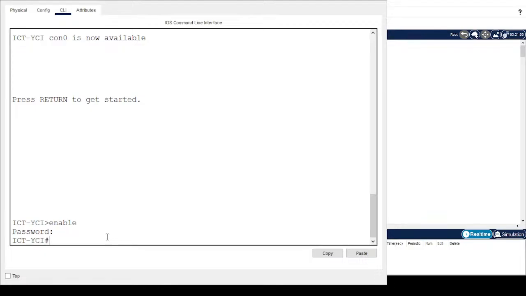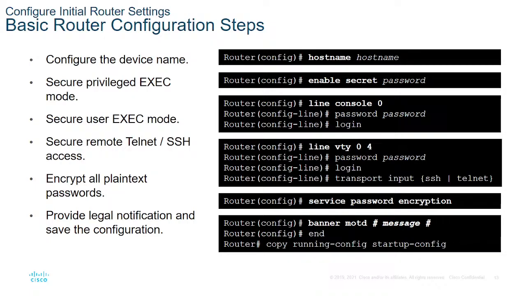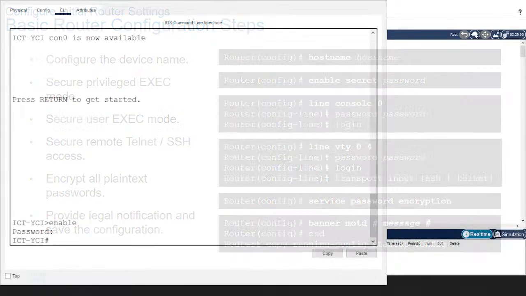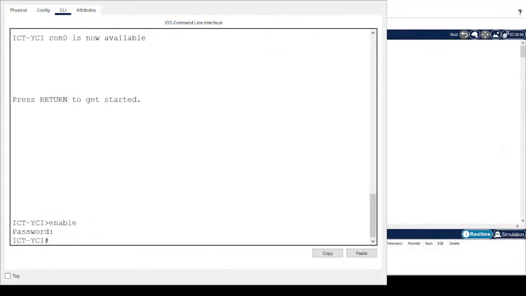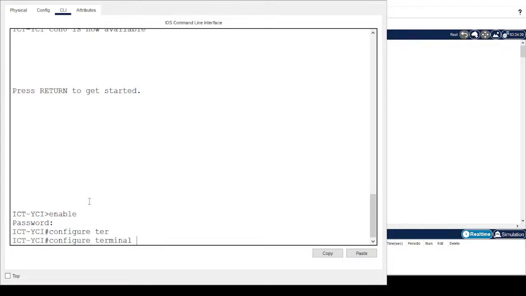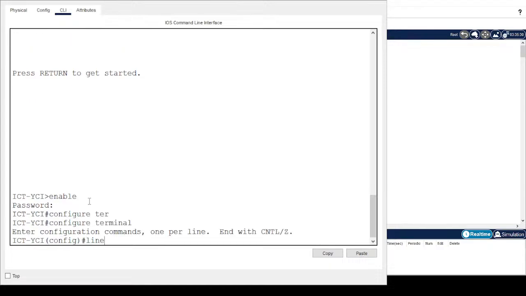The next thing, which is our next objective, is how to secure the user exec mode using the line console password. So I go back to my router, and now I am setting up and protecting the user exec mode. I still go to configure terminal, because all those settings are done in the global configuration mode, and I will say line console